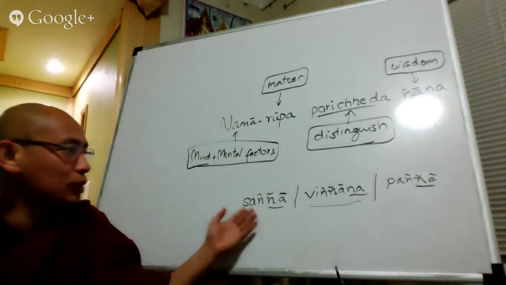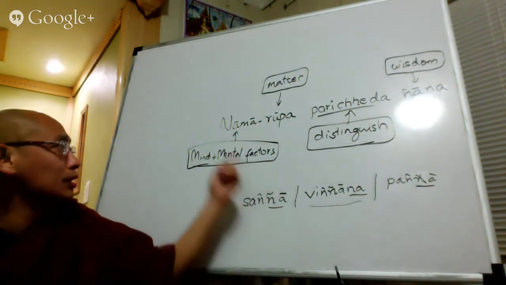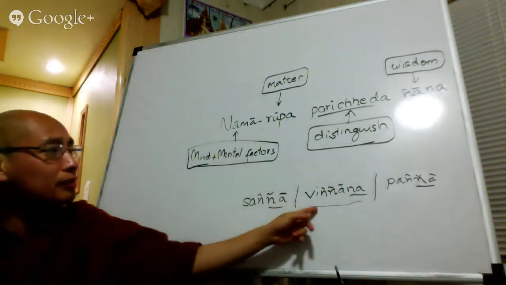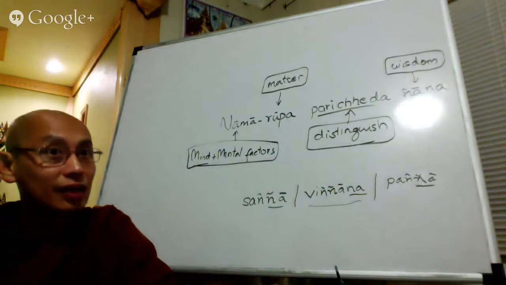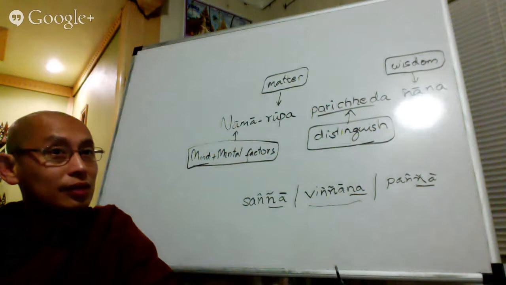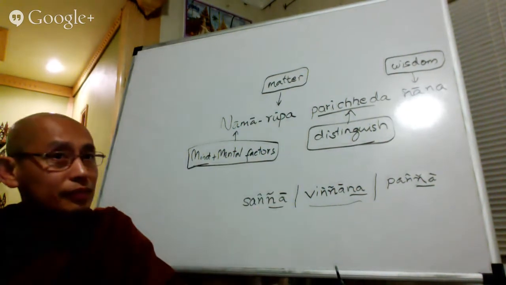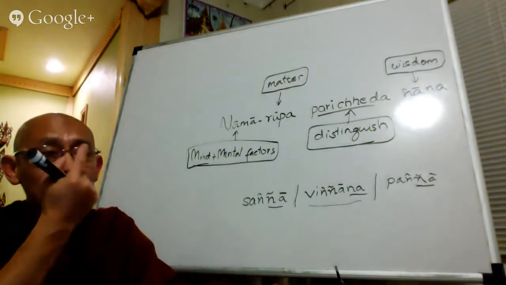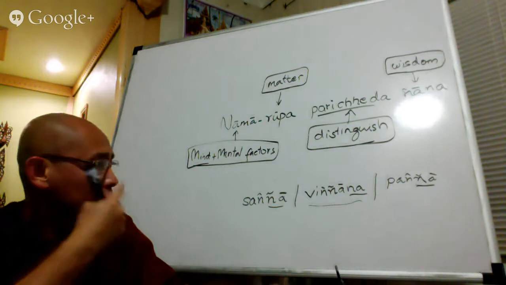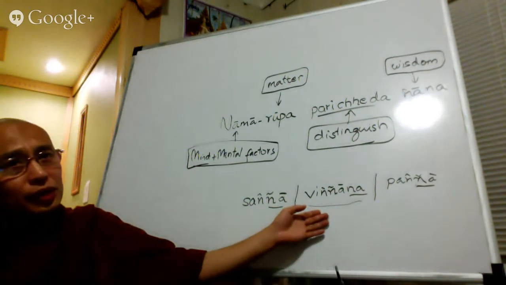But sanya is a universal mental factor. Vijnana is consciousness, mind. And panya is a beautiful mental factor, associated only with the beautiful mind. They are working together when we practice meditation, breathing in and out. So with the wind element, we focus on that, and we know its nature with vijnana.